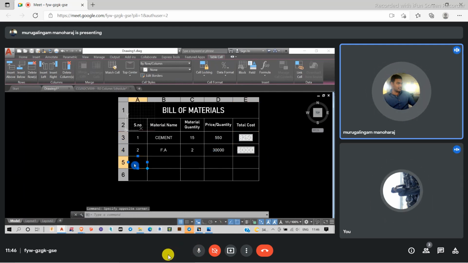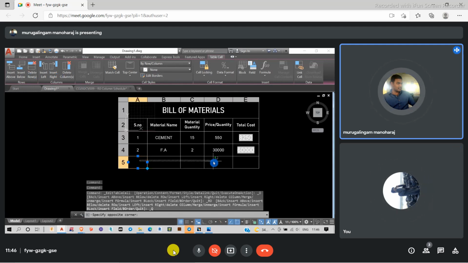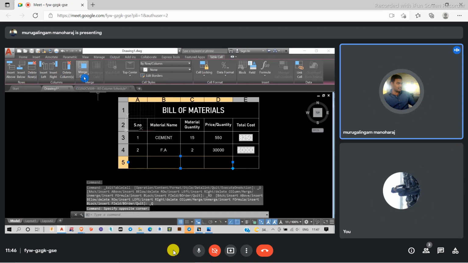And let's say I don't want this column, so I'm deleting this. I mean, I don't want these rows, so I'm deleting these rows. And after that, I'm merging this one and let's